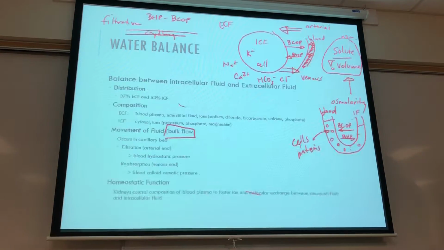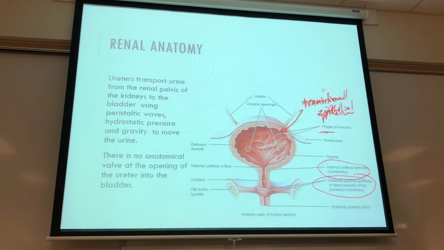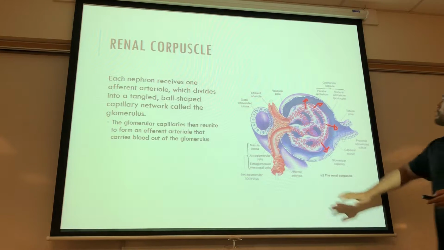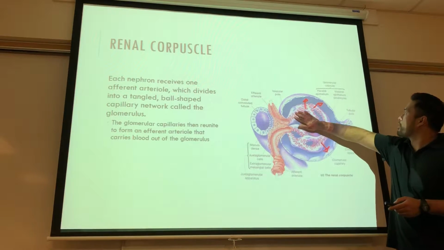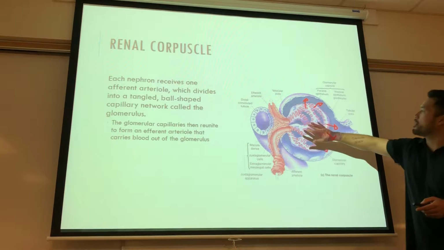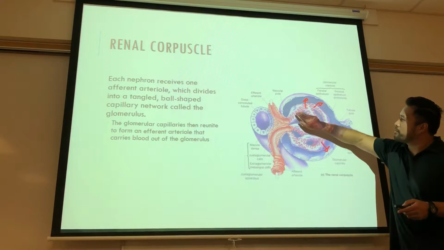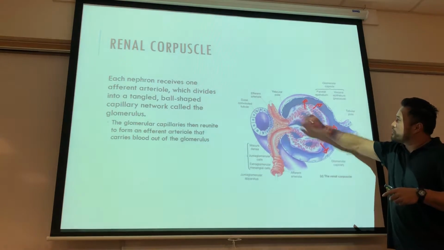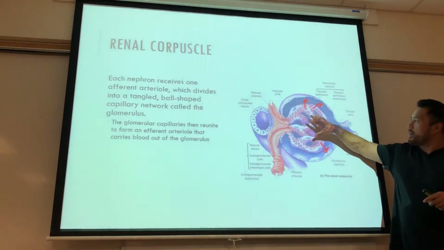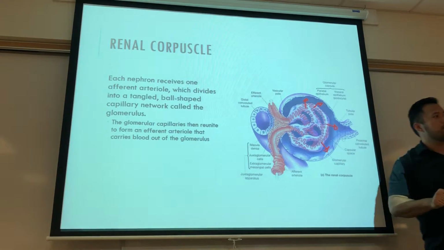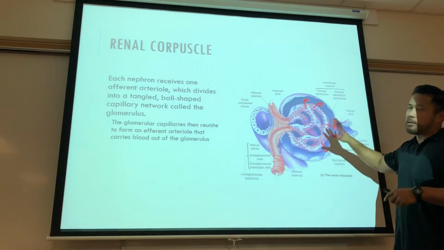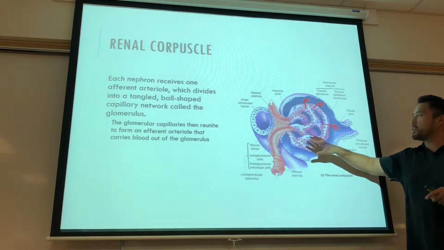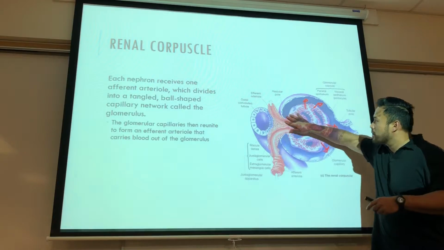And remember the structure of the glomerular capillary, specifically the visceral layer of the glomerular capsule, you saw the presence of our podocytes. These have pedicels that reach out and create filtration slits. And these filtration slits only allow small molecules out. Those small molecules are going to be our ions, water, and sugar, but any of the bigger stuff, our cells and bigger proteins, are going to remain within the